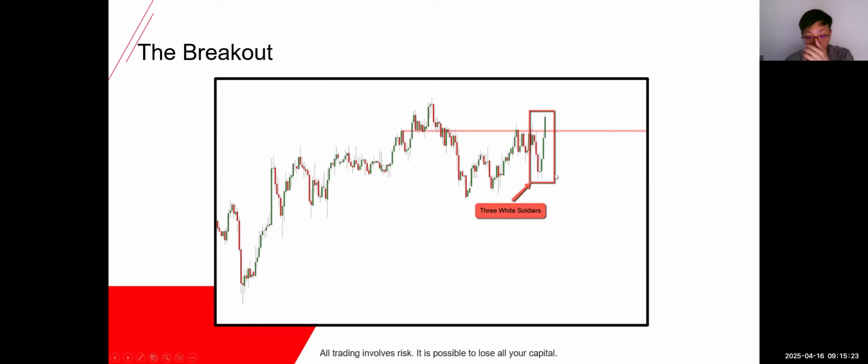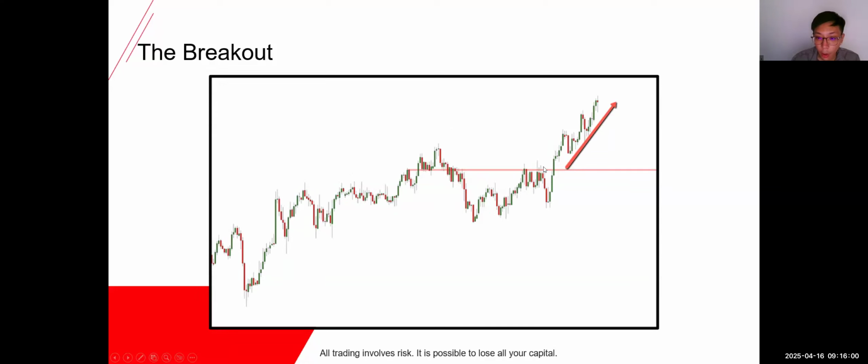Then okay, this is one of the price actions called three white soldiers, meaning just imagine three very huge engulfing bullish candles. This is one of my favorites. Three white soldiers. But I don't call it this fancy name. Later on I'll show you guys how I usually use this in my strategy. So just remember this three candle formation.